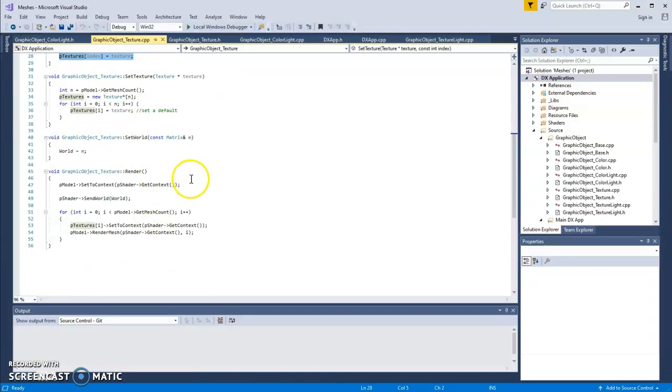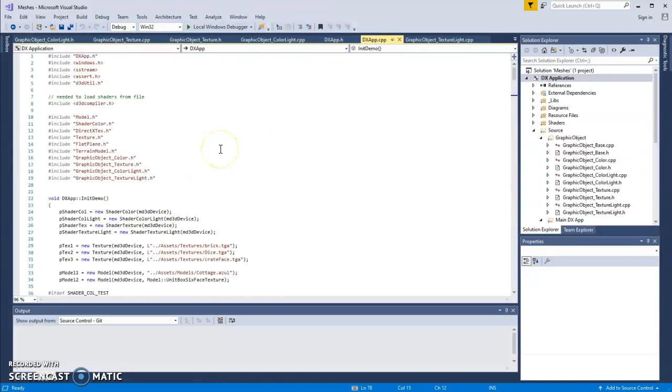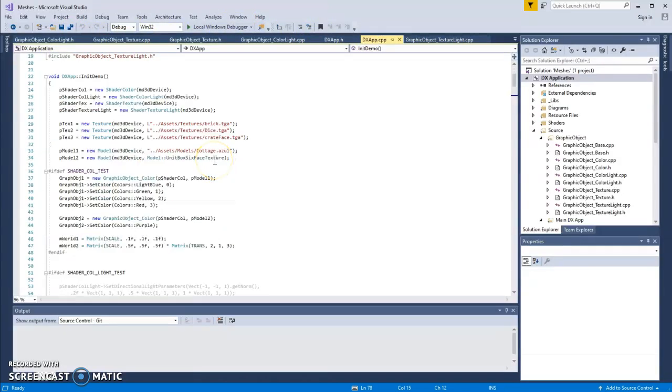The render is pretty close to what it was, except for now we are calling render mesh for each of the supplied textures and for each mesh. And so let's see. Implementation-wise, we are looking at